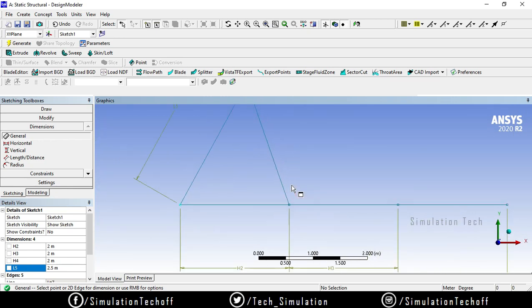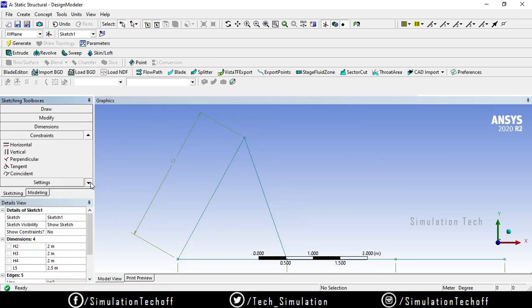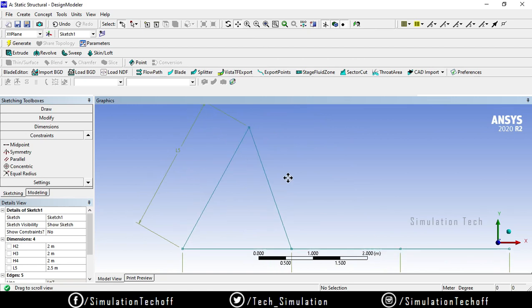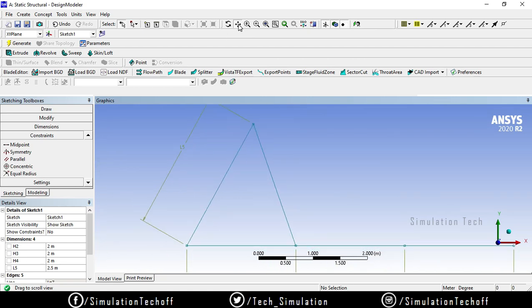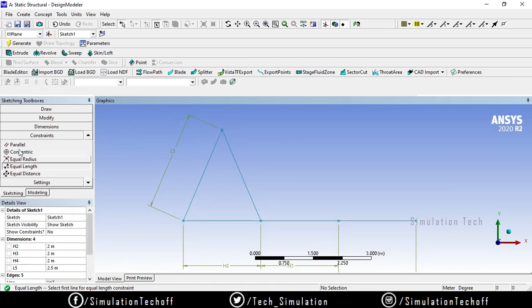Okay, I will use the constraint. Control and pan. You also have the pan option like this, you can pan anywhere. So equal length 1 and 2. Now it is an equal length. And if you want, you can flip this.